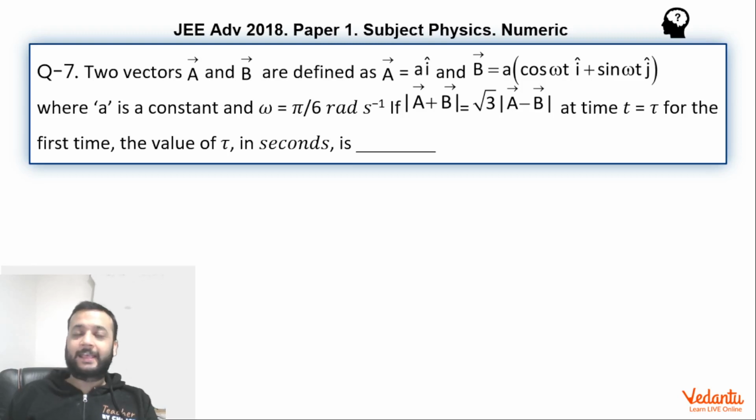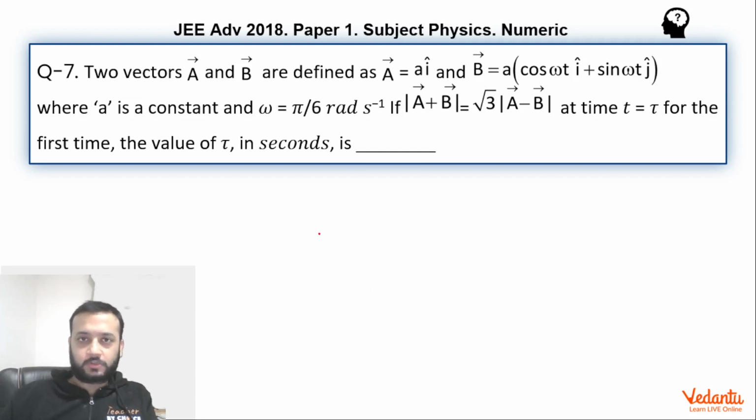Hi dear students, let's see this question that came in JEE Advanced Paper 1 Physics from the topic of vectors. Basically this was a very easy question. Almost all the students did this question without much hassle. But we are going to discuss in this video two solutions, one of which will be a topper solution, like how a topper student would have thought or approached this question, and one will be a regular solution. So let's see both the solutions.